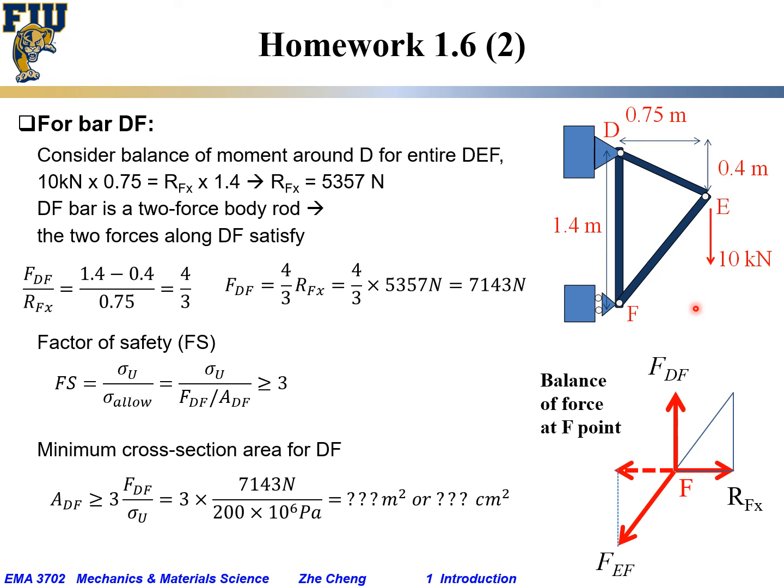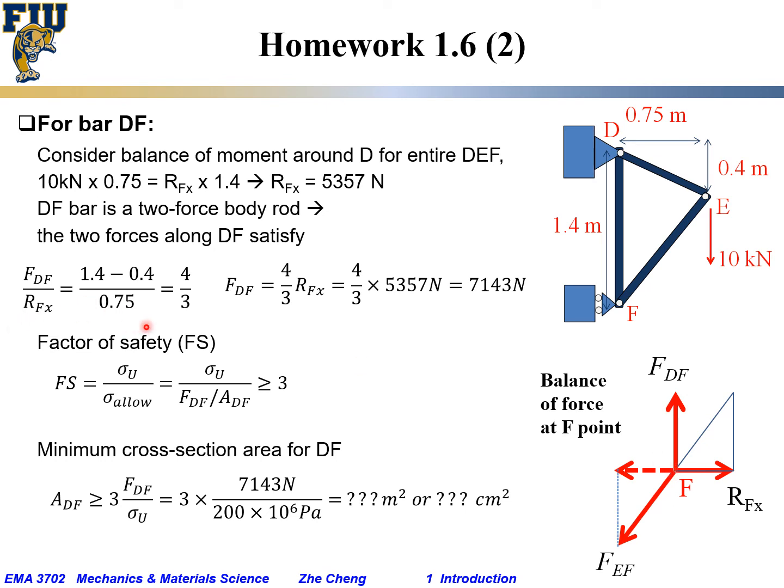Okay, so we solved one part of the puzzle. We know the force at DF along DF. Then, as we learned, the DF bar, with hinge connection at D and at F, is a so-called two-force body rod, which means the net force at D and net force at F must go along the rod axis, and they should counteract each other. So the two forces along DF, whether it's going upward or the other force, the net force going along DF must satisfy, if we consider F point,